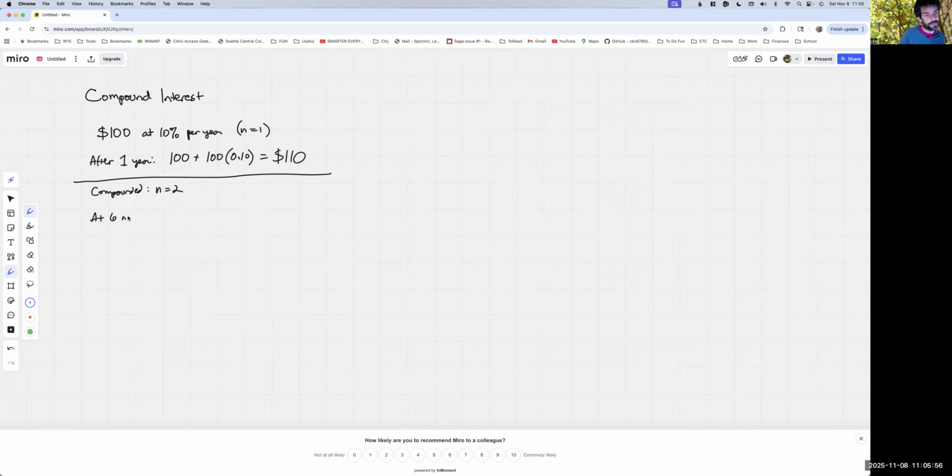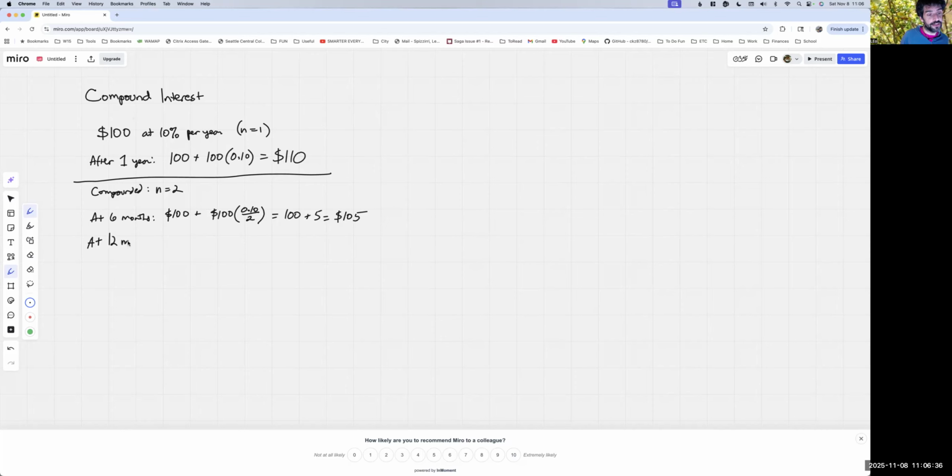At 6 months, we've got our original $100, and we're going to add to that. We'll take our 100, and we'll get half of 10%, which is 5%, but let's write it out to be clear. There's our 10%, and we're dividing it by 2. So you end up with 100 plus 5% of 100, or 5, which is $105. I'm going to save the dollar signs for the end, so that these computations are easier to look at. So now we still are owed 5%